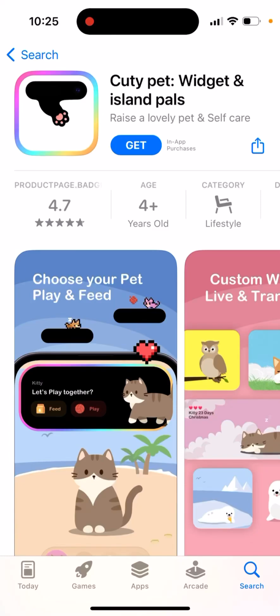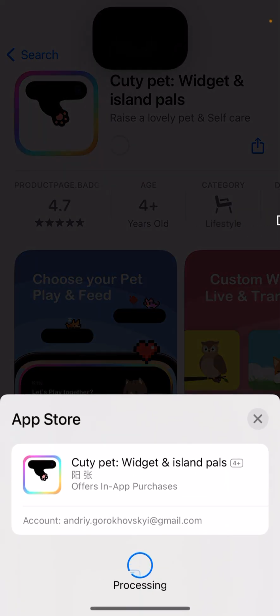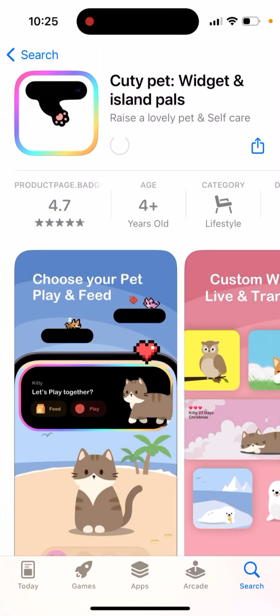Here's an app called Cuty Pet Widget and Island Pals. So let's just install it. There are a bunch of apps like a widget with this